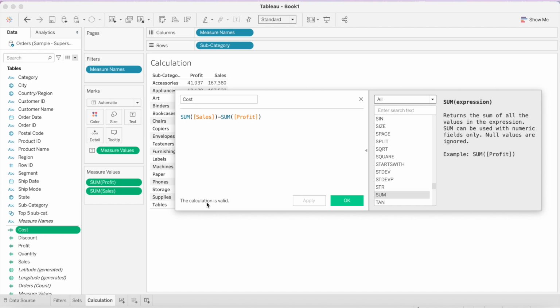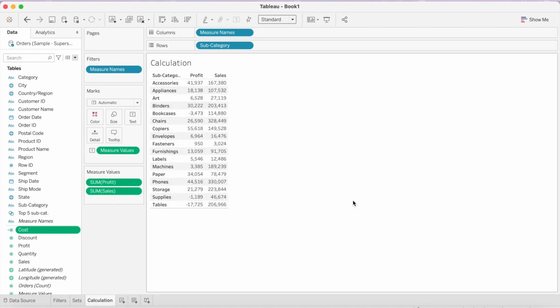However, here we do not have any error, so we have already clicked apply, and we'll click OK. Now once we create a calculated field, we can identify it by an icon represented by an equals sign followed by a hash sign. The equals sign is an indication that it is a calculation.